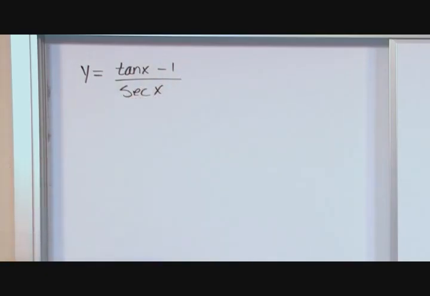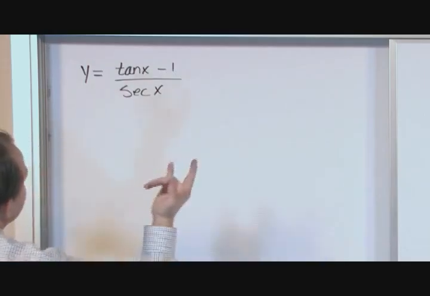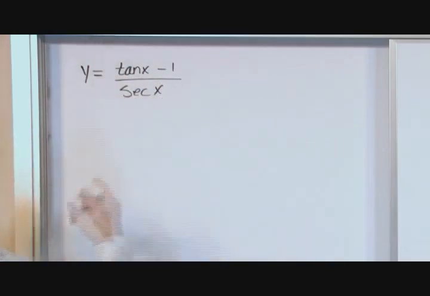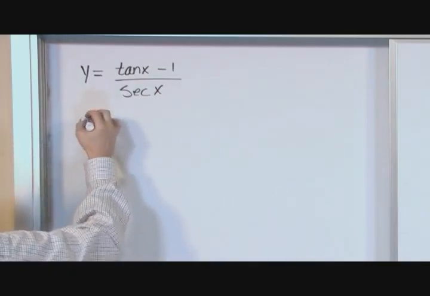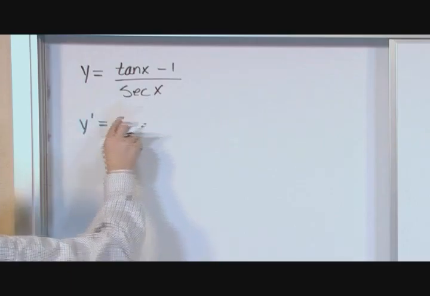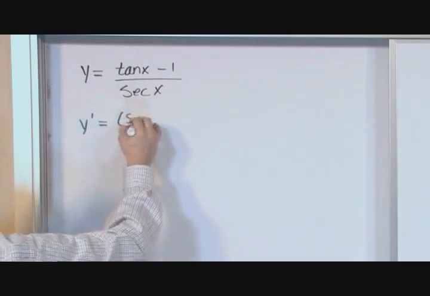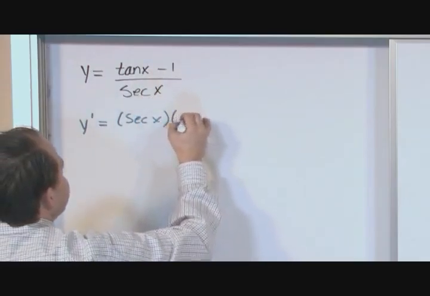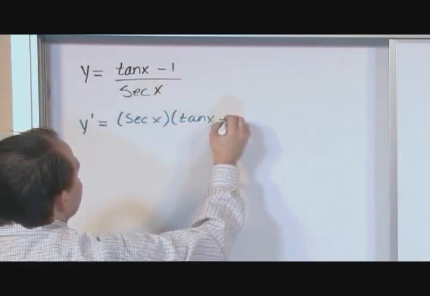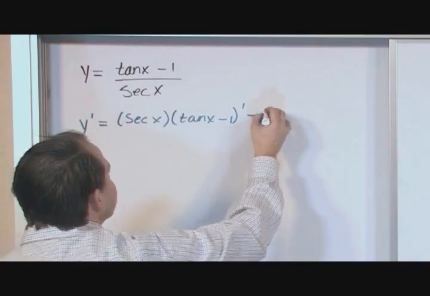So there's a nice friendly looking function. Tangents and secants usually frighten people, and that kind of makes sense a little bit. But ultimately you have a numerator and a denominator, so you're going to be able to use the quotient rule on this when we take the derivative. So we take the derivative as follows. Bottom, secant of x, times the derivative of the top, which is this guy, tangent x minus 1, take its derivative, minus the top,